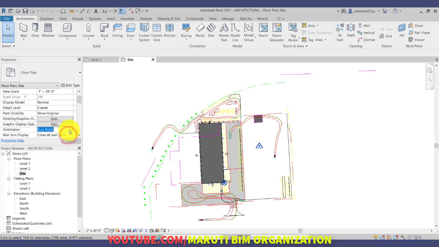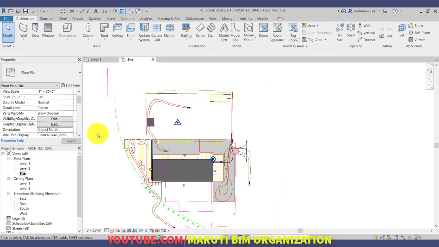So as you can see, this is our orientation. If orientation has been set to project north, notice that our site has been located same as the project north. But we want to use orientation to the true north. So we will click on true north.